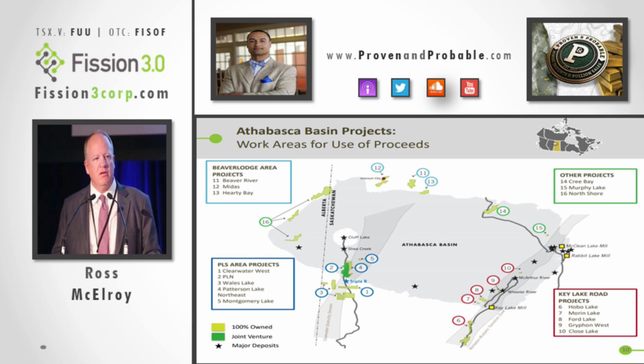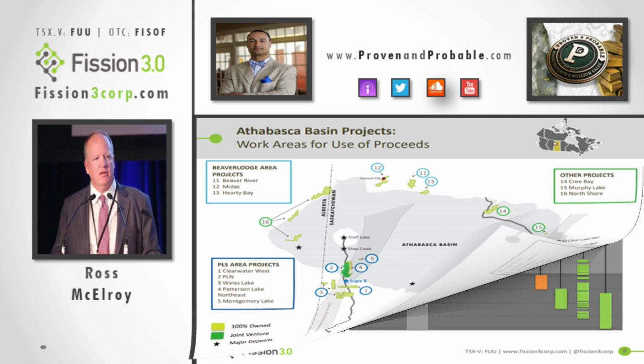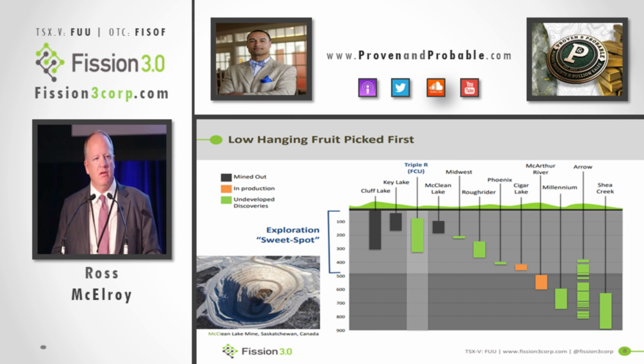Yeah, exactly as you've said. We have 18 properties in the Athabasca Basin. We think that everywhere in the Athabasca Basin has the potential to host high-grade uranium projects. One of the keys that we look for is deposits that will be shallow. In other words, the closer a deposit is to surface, the easier it is to build the case that this could be a project that can go into production. It's an easier mine to develop the closer it is to surface.